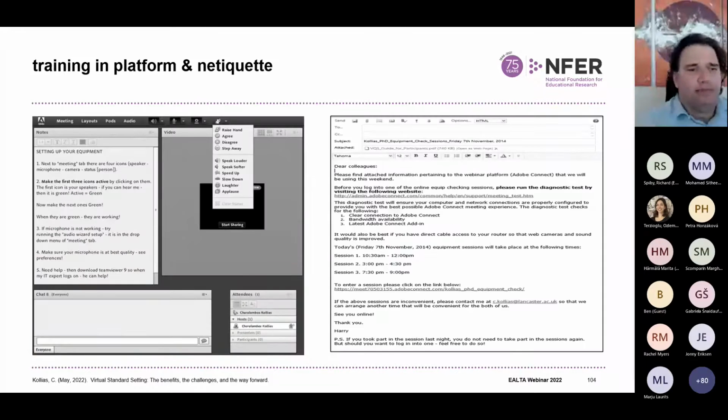Here's an example of training. Okay, so I invited them to training sessions. I had multiple training sessions. I'm like, you can log in. These are the times. I sent them a PDF of how to use the platform. You don't need to read it, guys. But what I'm saying is I trained them, and from the onset, we talked about etiquette. For engagement,